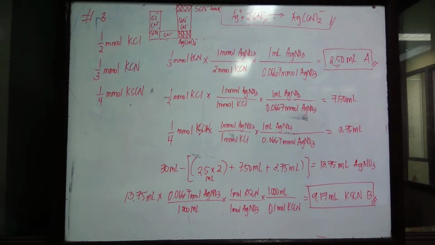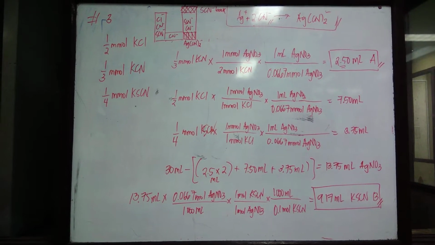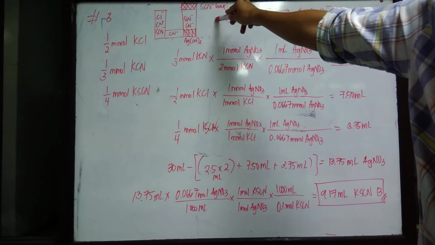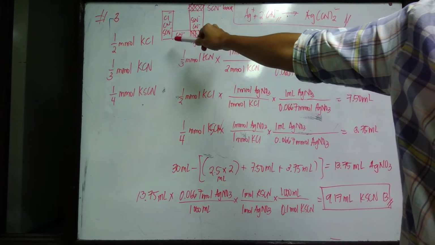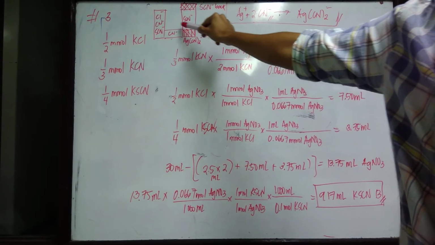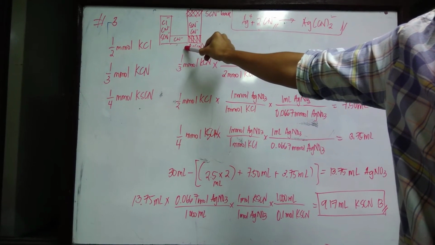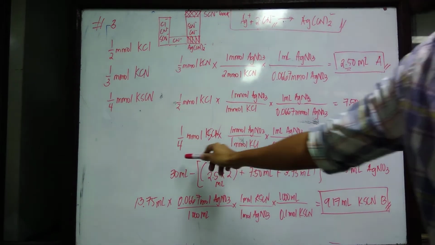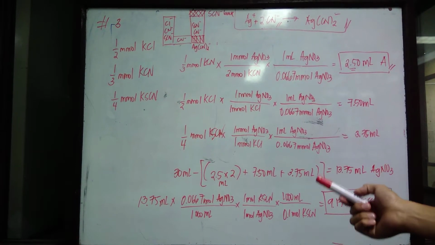Before we proceed with the second problem, in problem number 3, yung B volume, let's first take a look at this diagram. Ito yung ginawa natin with problem 1. So, yung solution mo daw, it contains chloride, cyanide, and thiocyanate. So, kanina, we have already solved for the amount of silver nitrate which reacted with your cyanide. Again, dun sa second statement niya kasi, 30 ml is the total volume of silver nitrate added